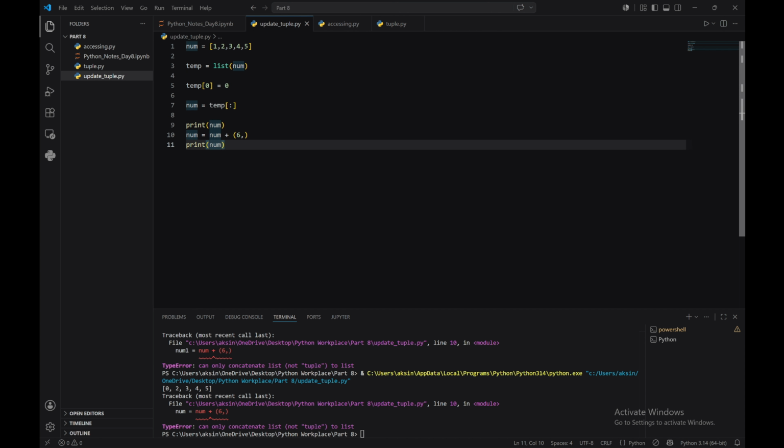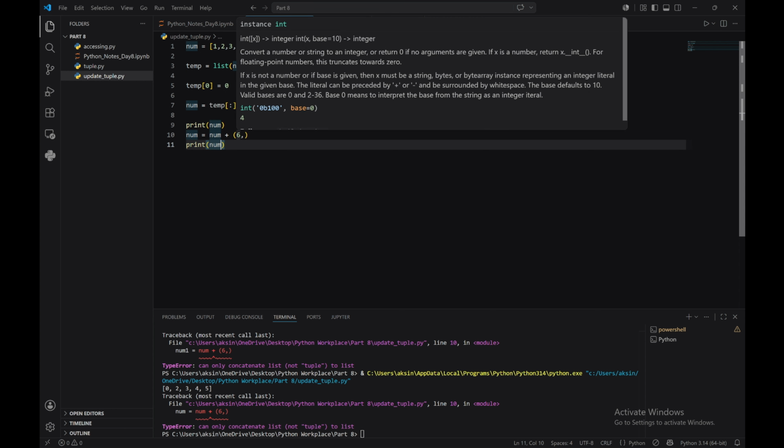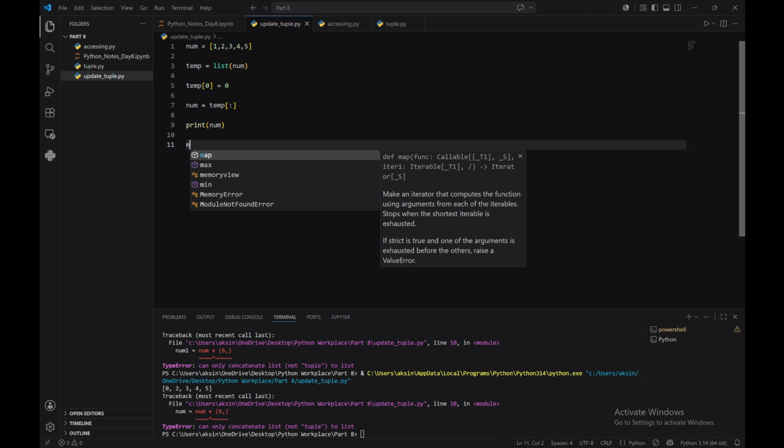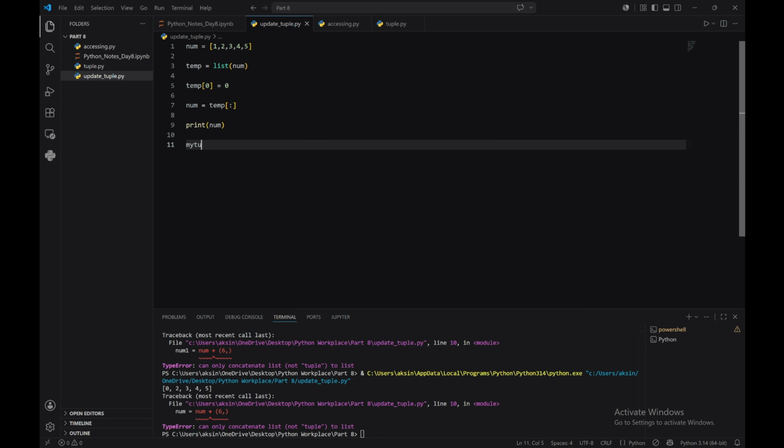First I'm going to create a new start: my tuple equals 10 comma 20 comma 30, and after that we can also use my tuple equals